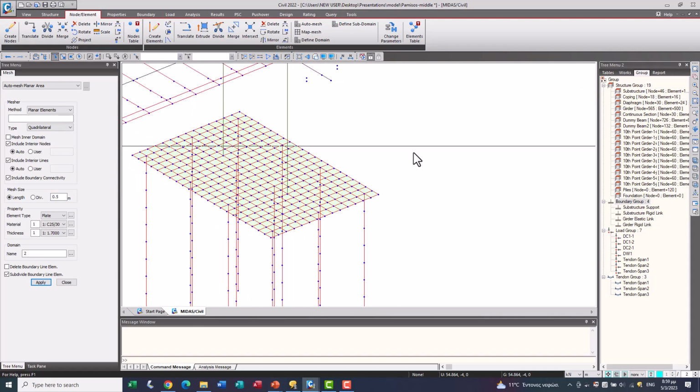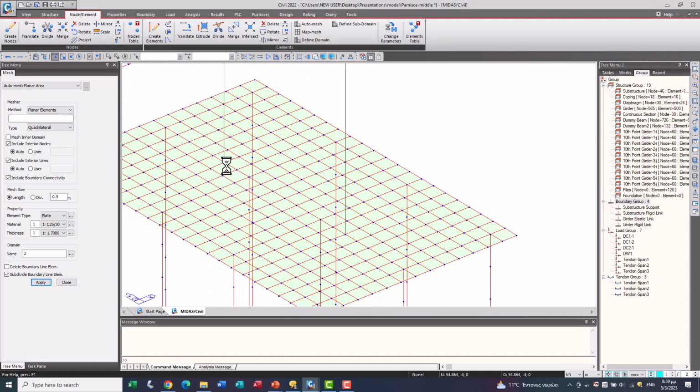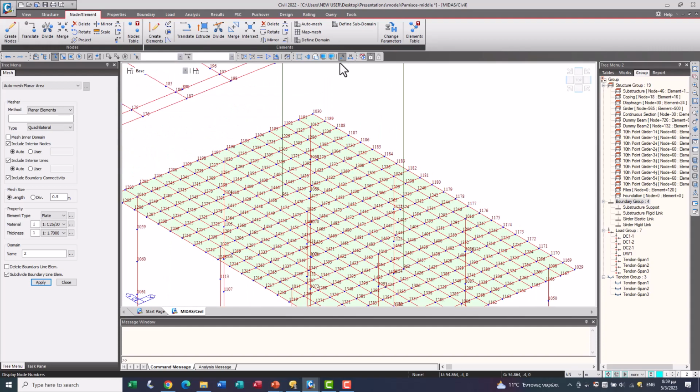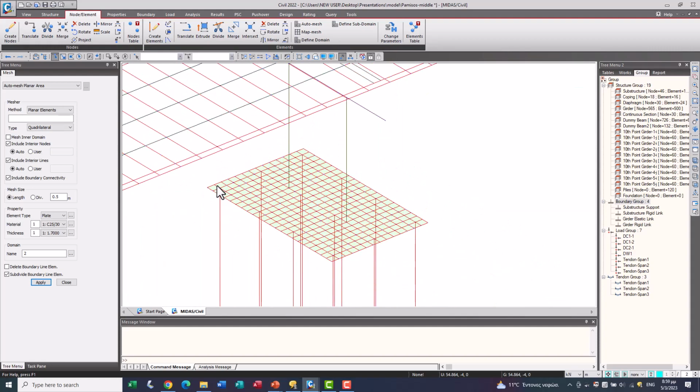Meshing has been created. You can see that common nodes have been created. There are no duplicate elements.